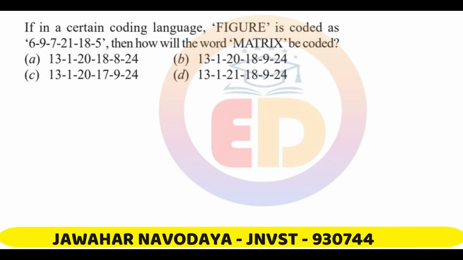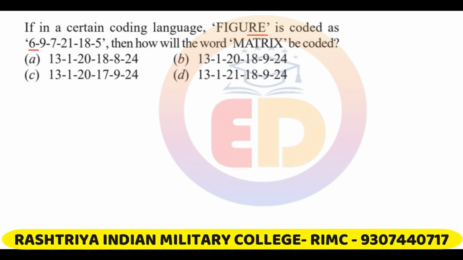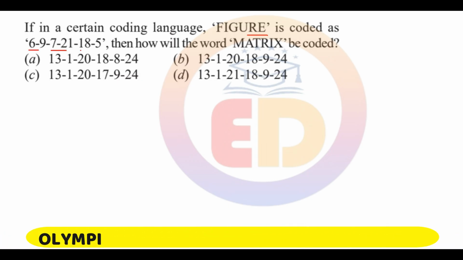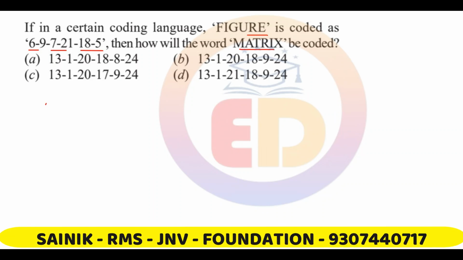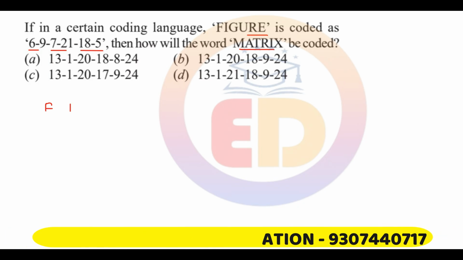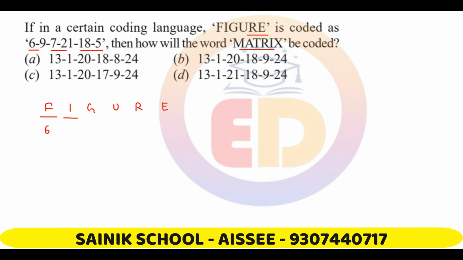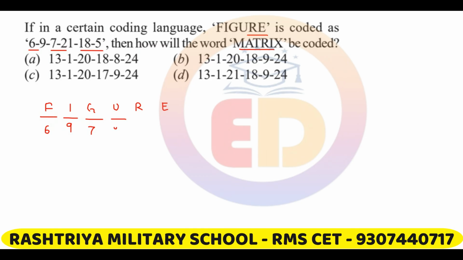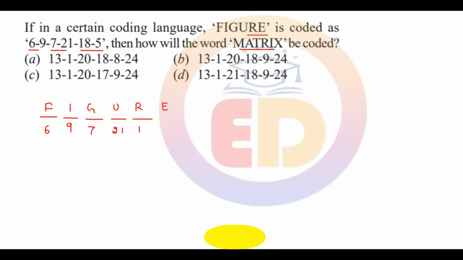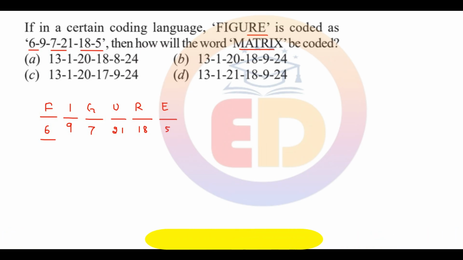Let's move on to some questions. If in a certain coding language figure is coded as 6, 9, 7, 21, 18 and 5, then how will matrix be coded? So let us understand the coding. What is figure? According to the English alphabetical series, alphabet F is numbered 6, I is numbered 9, G is numbered 7, U is numbered 21, R is numbered 18 and E is numbered 5. So basically the letters have been replaced by their respective numbers